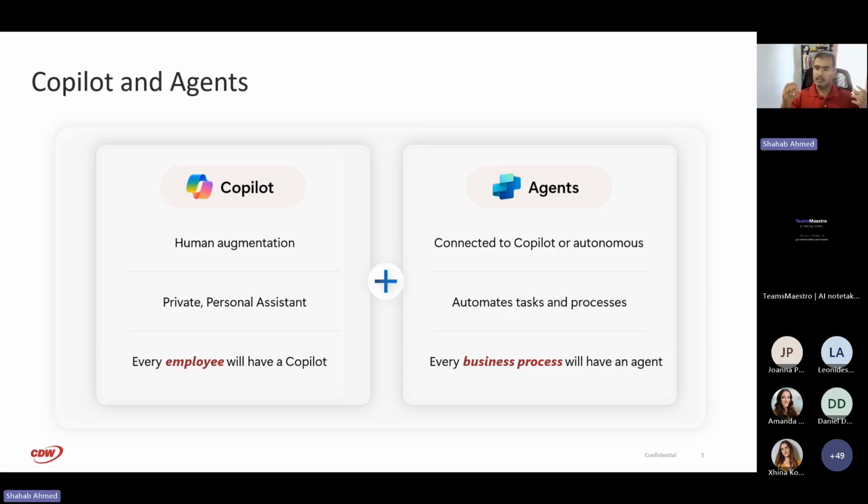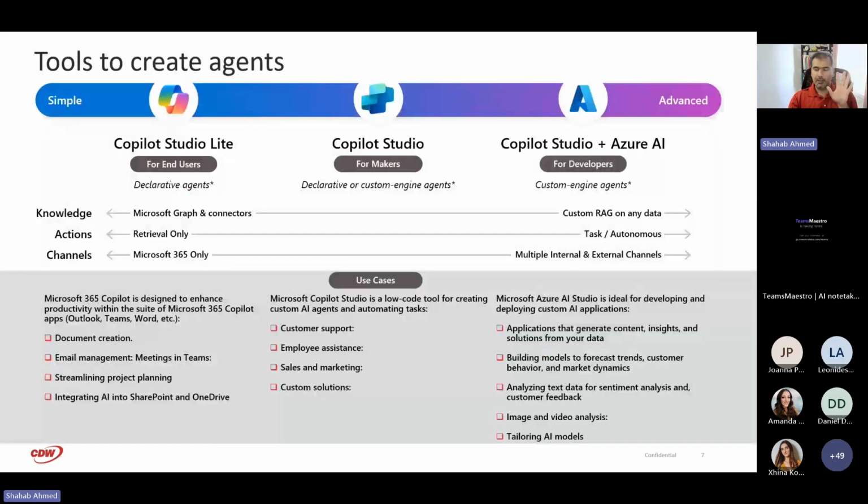And just like there are significantly more applications than smartphones, there are going to be significantly more agents than people, right? So Copilot is that smartphone, that UI for AI, and then the agents plug into it as those applications based on that business process that you're trying to undertake as part of that job. Now you might have different processes that you're involved in at the workplace, and so therefore you'll be interacting with those different agents.